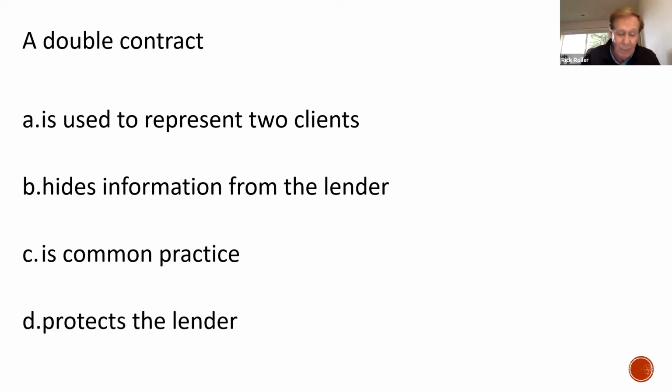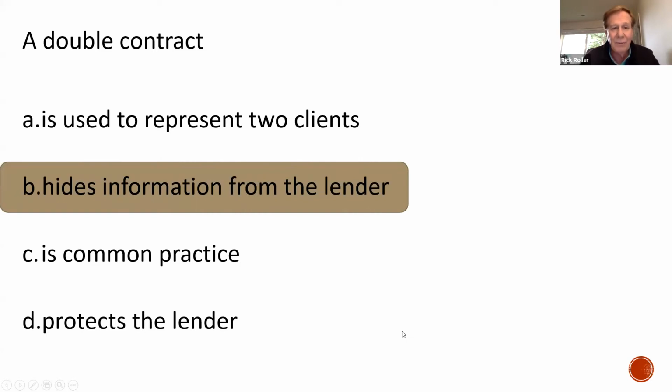The purpose of a double contract, as far as the real estate commission is concerned, is to cheat a lender into lending more money on a house than they ordinarily would. So let's say a house is $300,000. You want to get a 100% loan, so you make one contract for 300, that you hide, and then you have another contract for 330 or 360, and you say, well, we're putting $30,000 or $60,000 down.